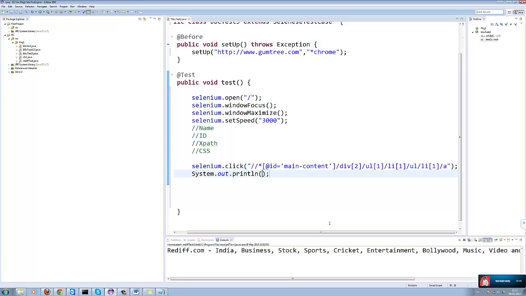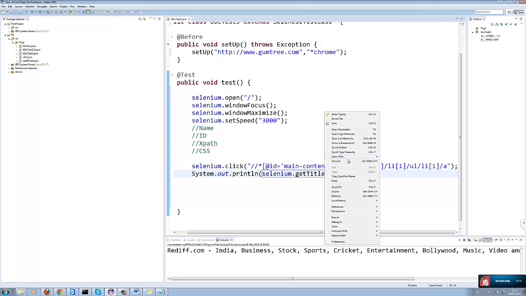Selenium dot. How to print the title? Selenium dot getTitle. Yeah. Okay. Right click.